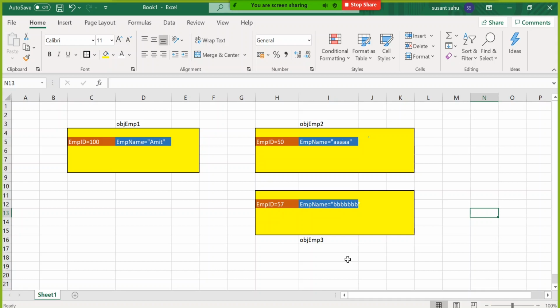No. Actually, at the end, you will have only one object because you are copying that object into this. No doubt you created one, and after that you copied it. That's why it is called a copy constructor. So at the end, you will get only one object in the random access memory.